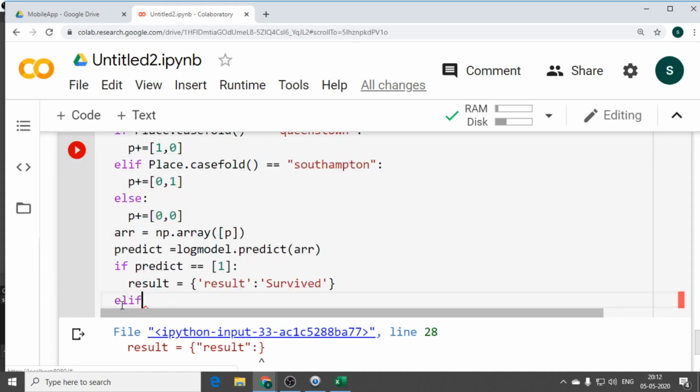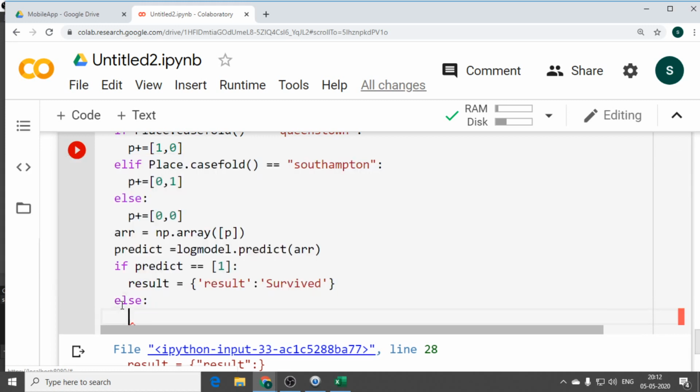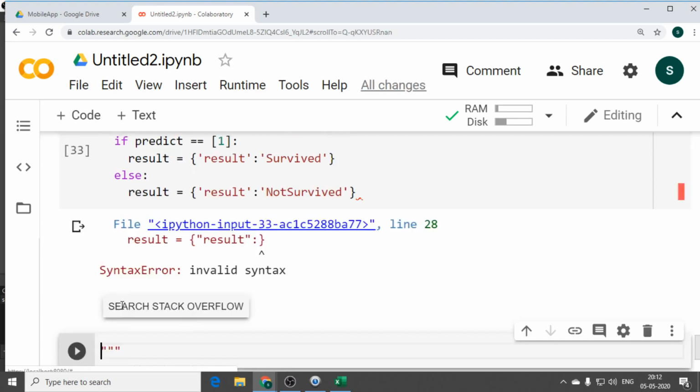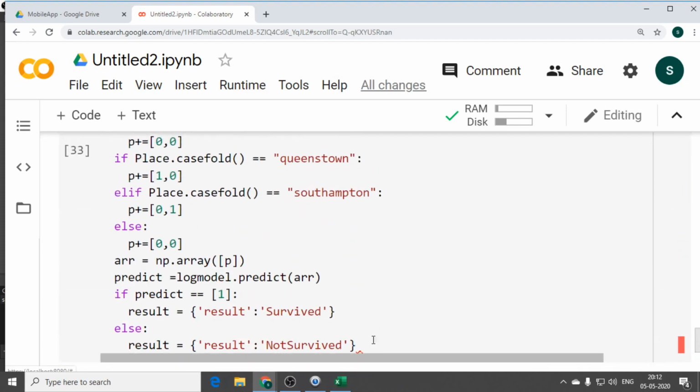The else condition is, if it is 0, what should your result be? Result will be not survived. Because we are trying to give the same JSON format on the web output.